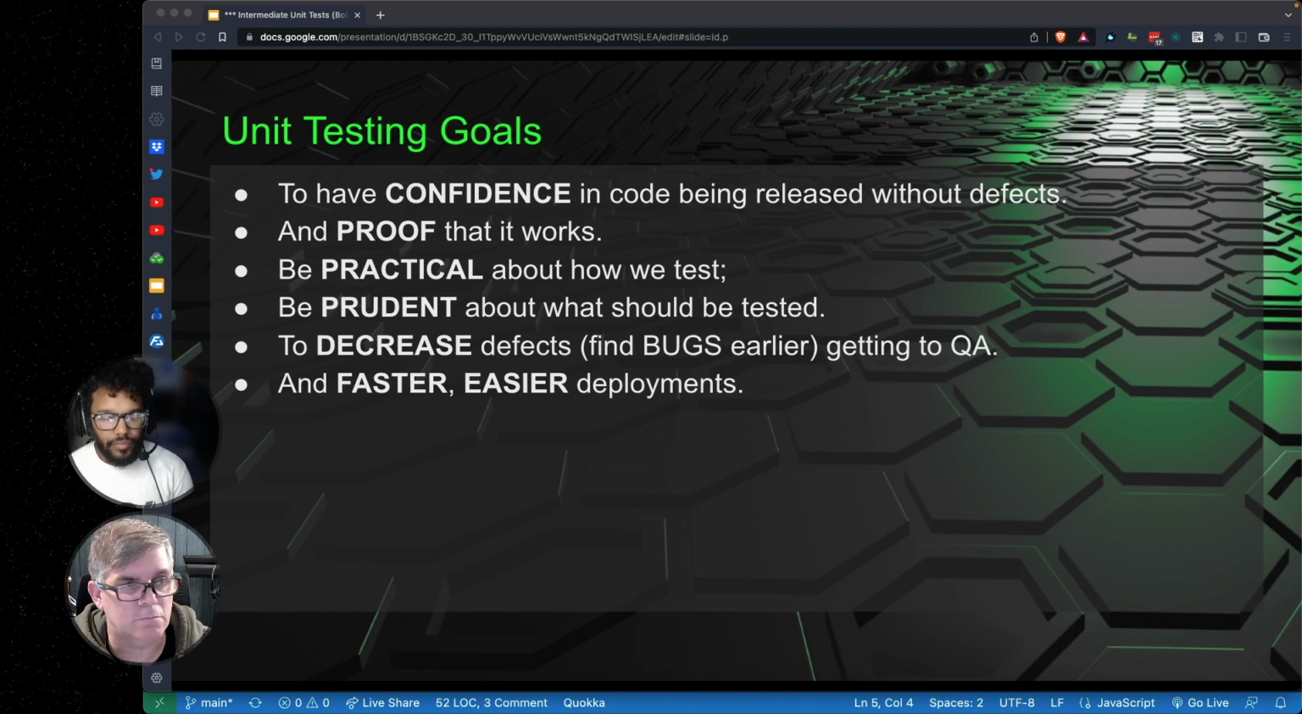I wrote a one-line piece of code that bailed out early. Well, what I didn't realize was there was another scenario where it could potentially get null. You have to be practical and a little prudent about that. Now, prudent,